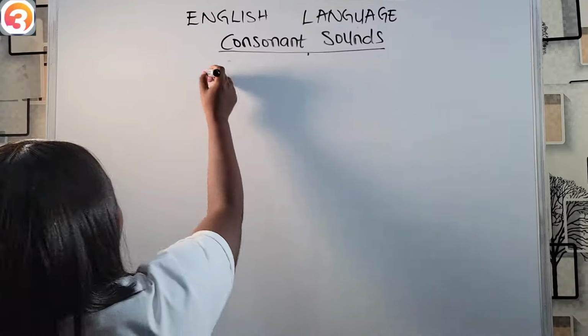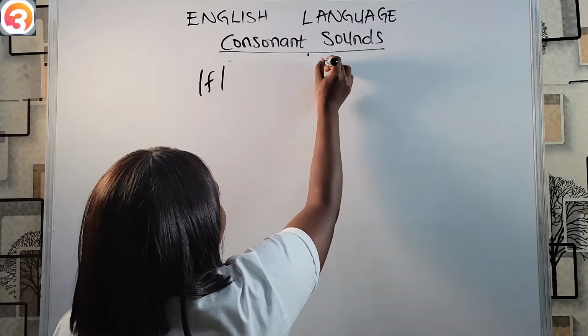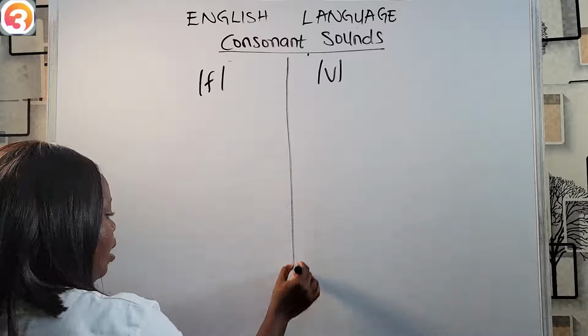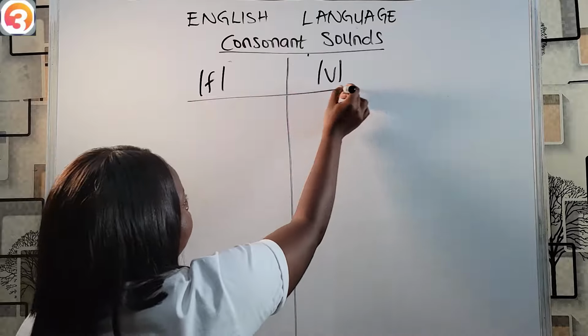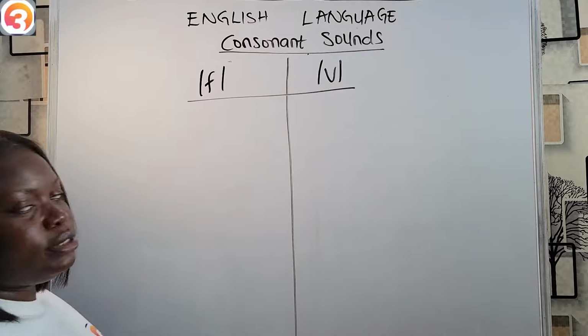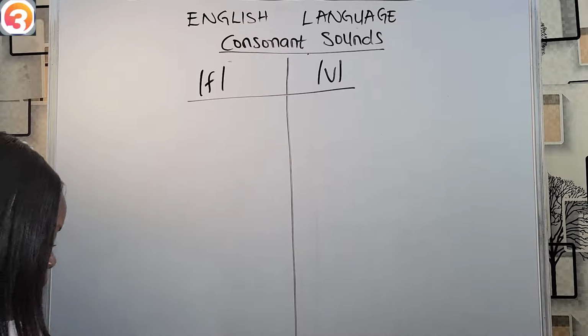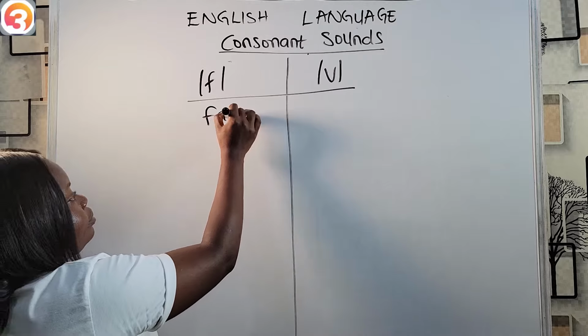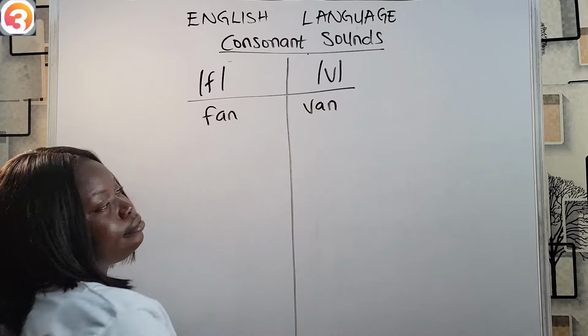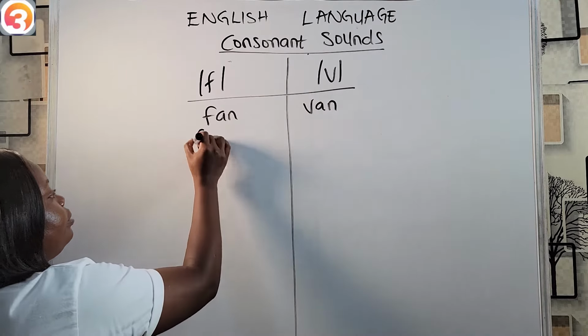These consonant sounds side by side. And the major difference: this is voiceless and this is voiced. So examples, we have fan, van, fame,